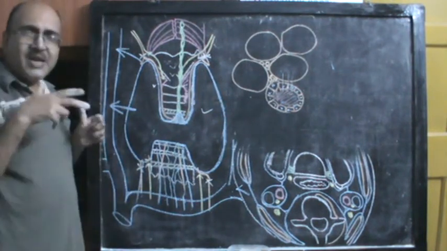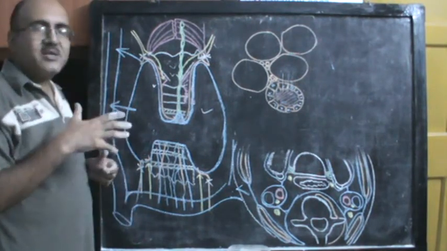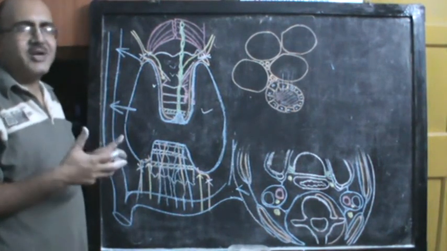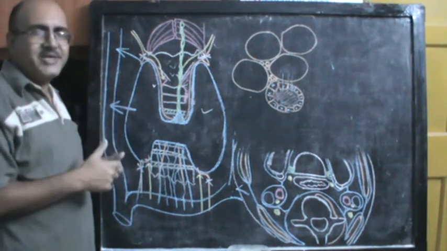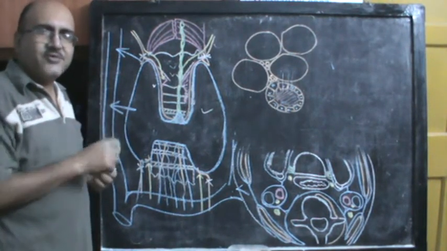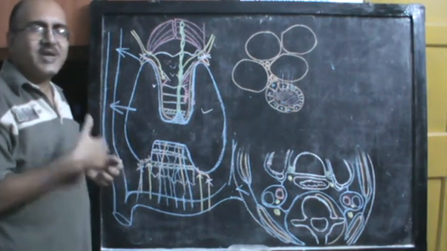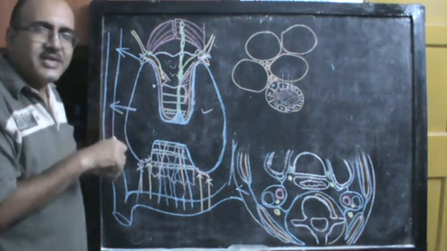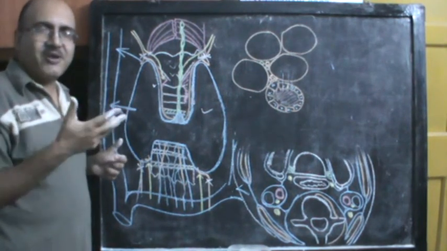Now when you are palpating the thyroid gland, you have to keep in mind that any swelling of the thyroid gland is called a goiter. If you have an obviously enlarged thyroid gland, then there is no difficulty in palpating. But sometimes the thyroid gland is not so obviously enlarged, but during routine tests or on clinical suspicion you have done T3, T4, TSH and you find that the patient is either hypothyroid or hyperthyroid, and then you want to feel the thyroid gland. It is not that the thyroid gland will always be enlarged when the patient is hyperthyroid or thyrotoxic.